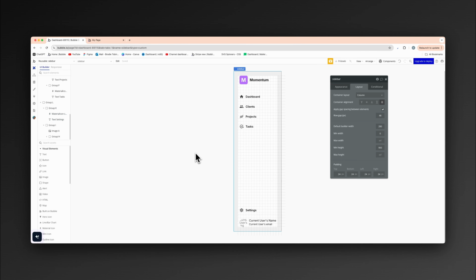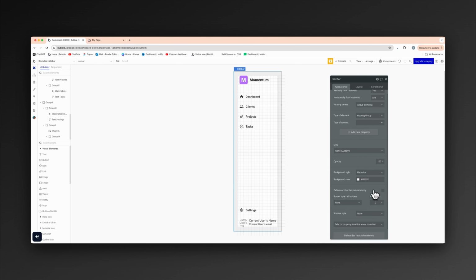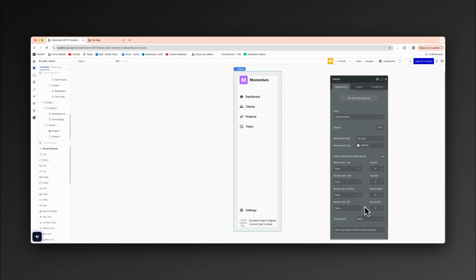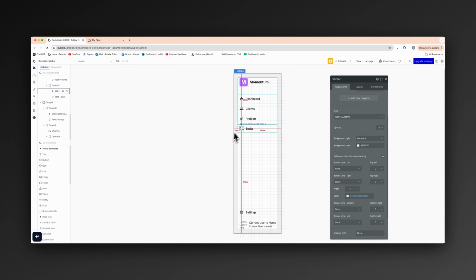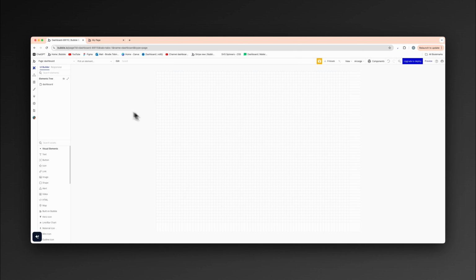Now our sidebar is coming together nicely, but the next thing we quickly need to do is we need to put a border style. So on the sidebar, define each border independently, and we want to set it to the right, solid, with that same border color. All right, now if we quickly go back to the dashboard page,